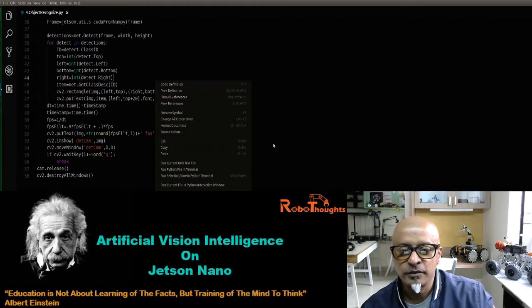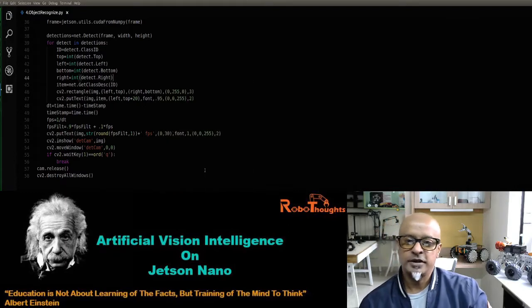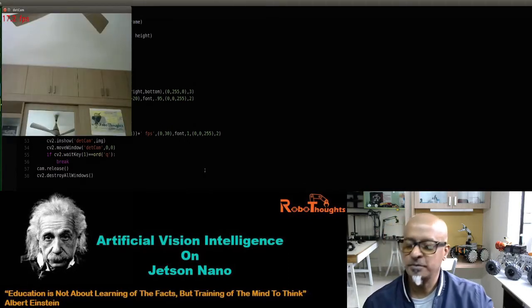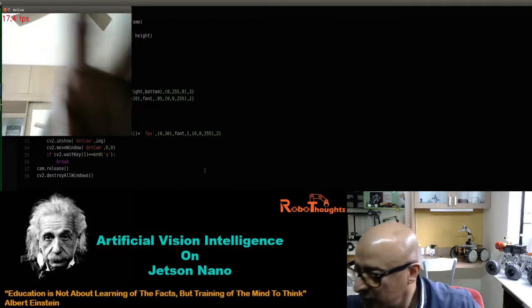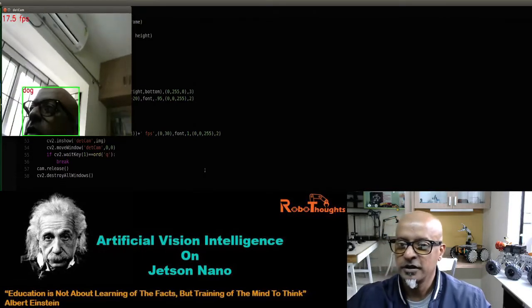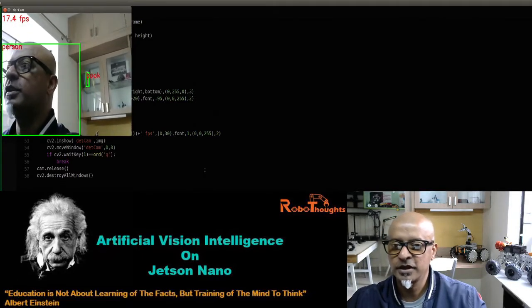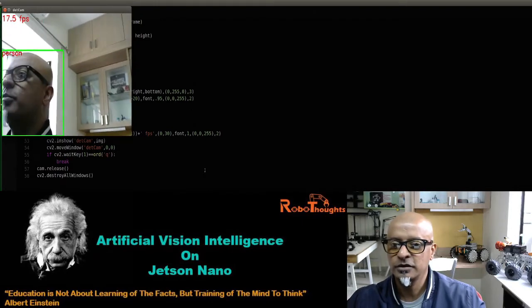Run the Python file on the terminal. Alright, it takes a couple of seconds. Alright, the camera is open. There you go. Can you see that I'm just showing my hand? Can you see those bounding boxes? That's the person, that is me, and behind me there are books. It is detecting the books.